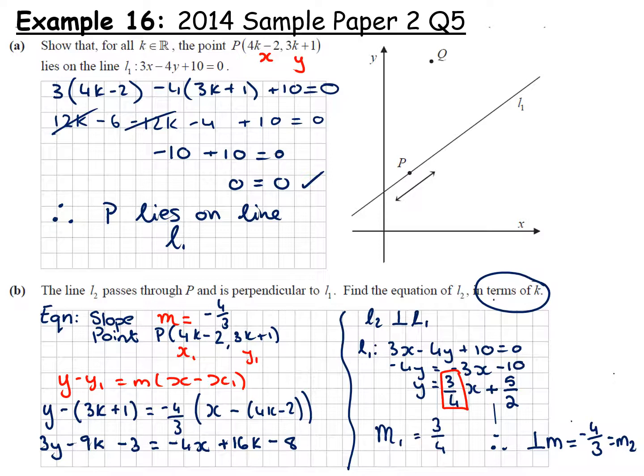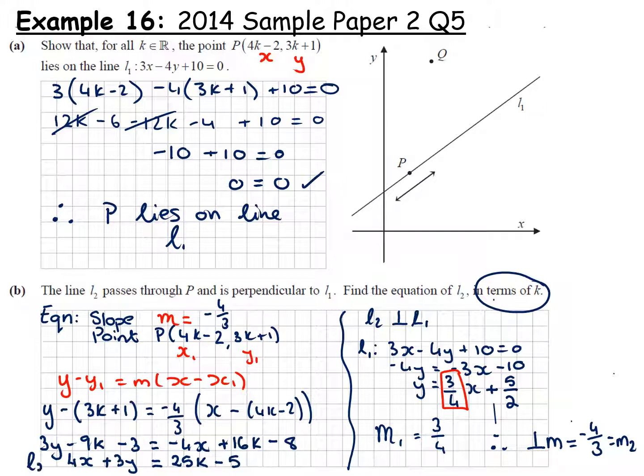Want to get the k's and the numbers together. So we're going to have 4x plus 3y equals, we have a 16k plus 9k, so that's 25k, and minus 8 plus 3 is minus 5, and that's the